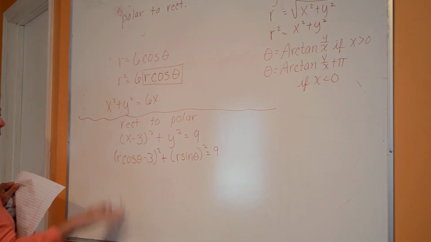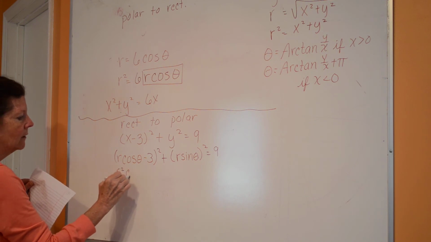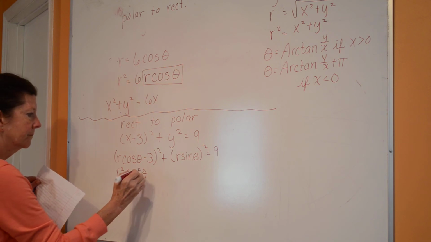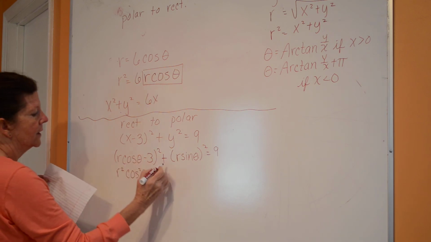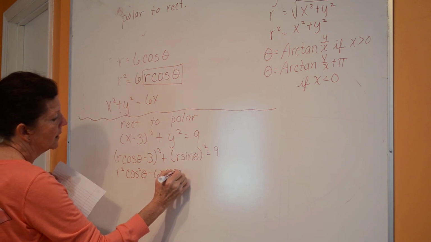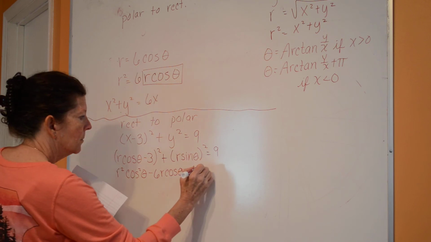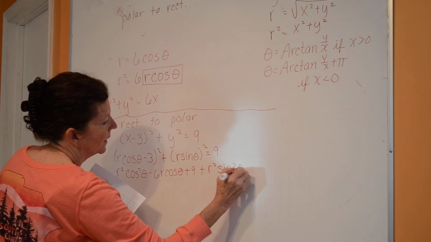I hope I'm not going so far you can't see it. So I have r squared cosine squared theta minus 6 r cosine of theta plus 9, because I'm doing FOIL on this, plus r squared sine squared theta